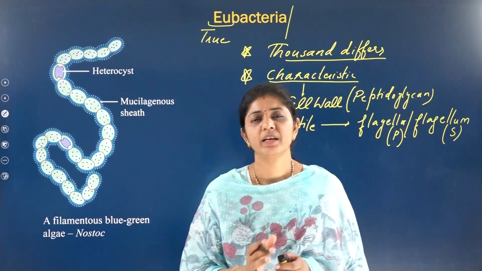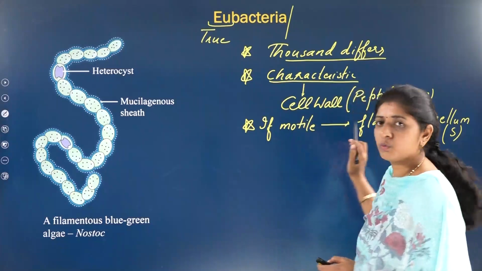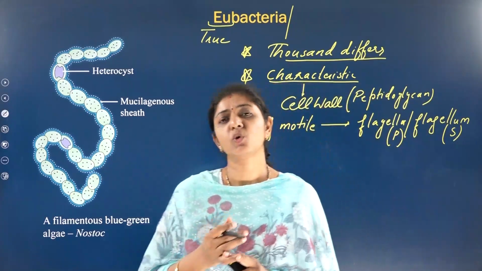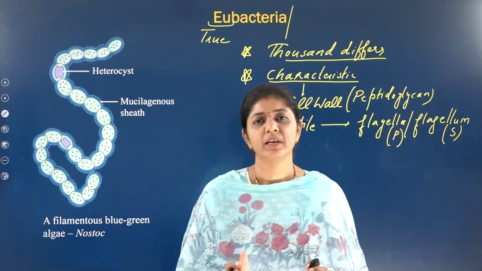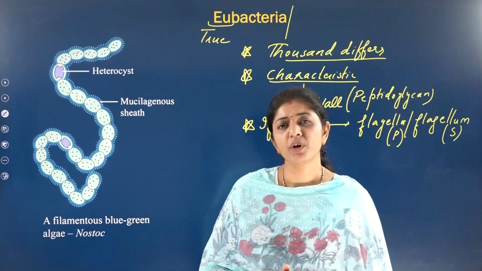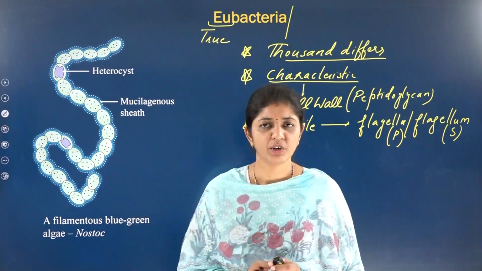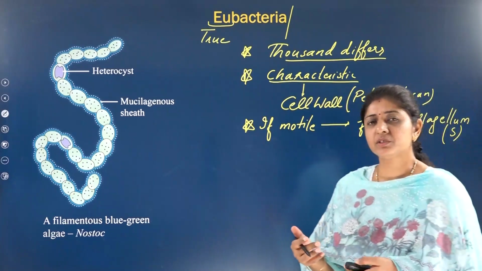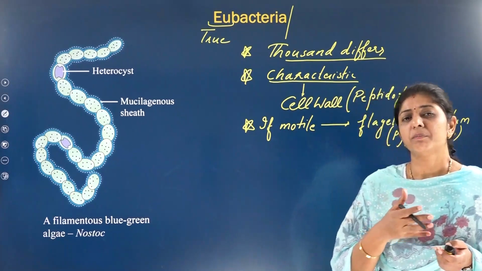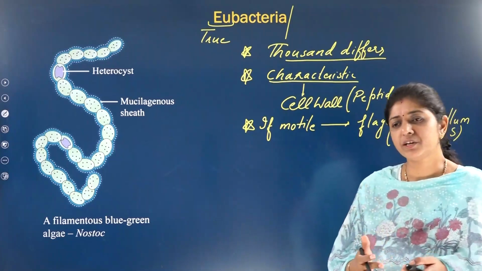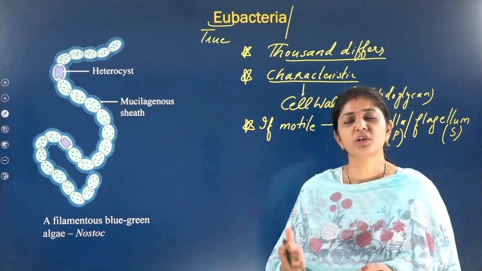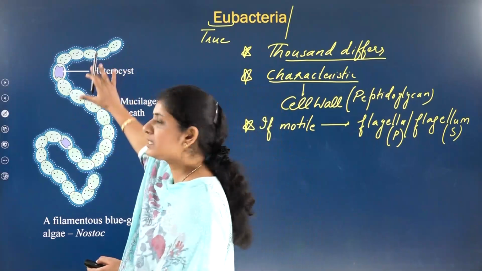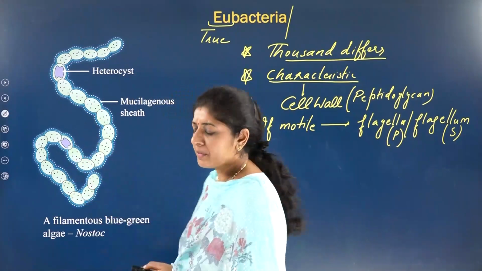If they are motile, then they are motile due to this locomotory organ. Pili and fimbriae are not for locomotion. They are only for attachment. Cilia is not present in prokaryotes. It will be in the case of eukaryotes. And if you take their other features, based on mode of nutrition, I said they are more complex based on their mode of nutrition. I will come back to these general features of the cyanobacteria.